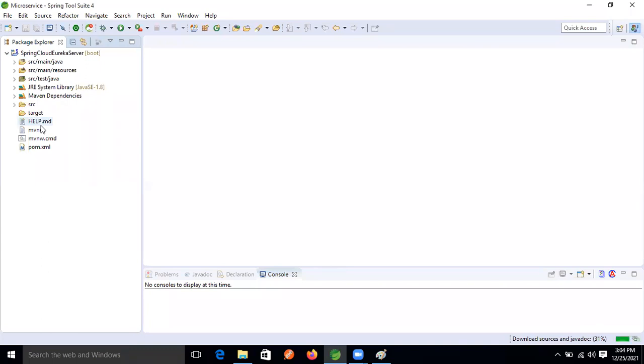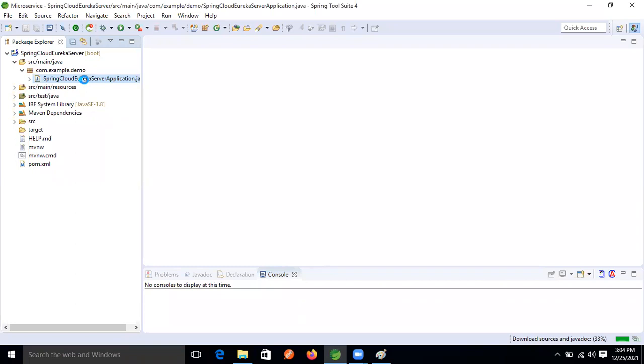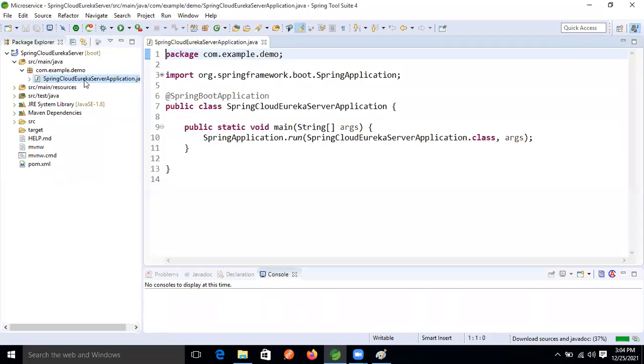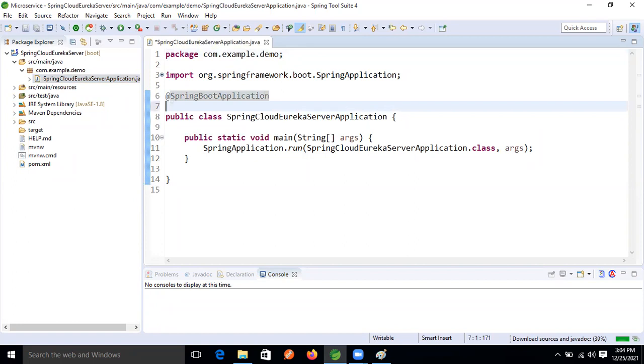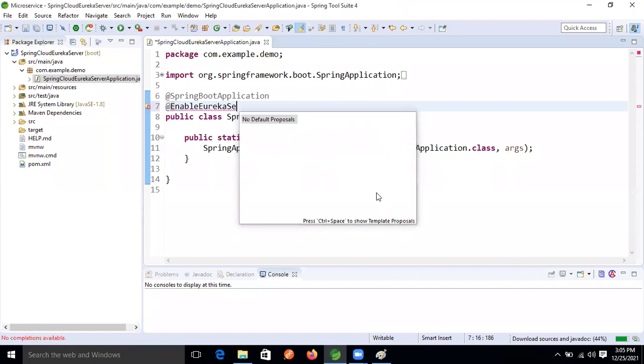No, you can start developing, Ravi, because they are downloading only source and Java docs files, which are not required for development. So now, first step, we will open the main method. What is the annotation now, guys? Anyone remember? Last time I used it. At the rate Enable Eureka Server. Very good. At the rate EnableEurekaServer. My system is also hanging now.